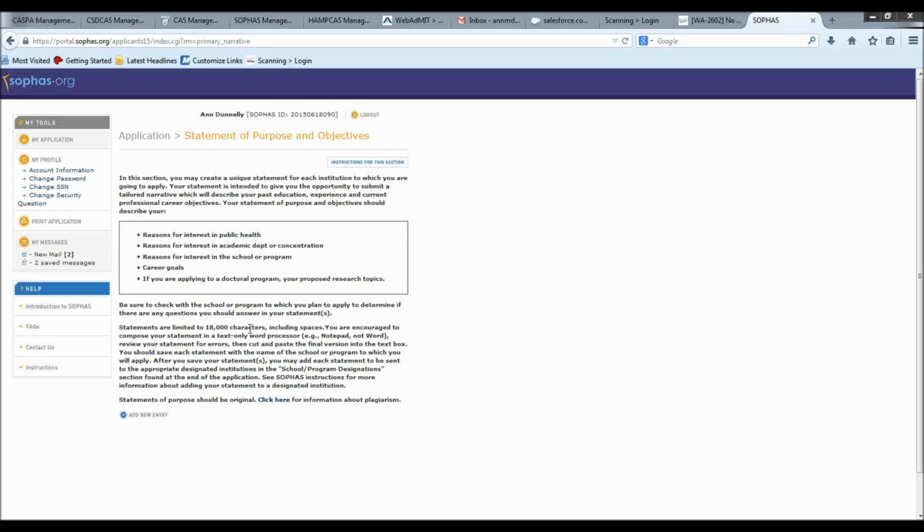Notice that is not words. It's 18,000 characters. So that includes spaces, commas, all of that. We do suggest, because we know that you like to write your essay, that you write it in a separate format before you actually copy it into your application. You can cut and paste, but we do